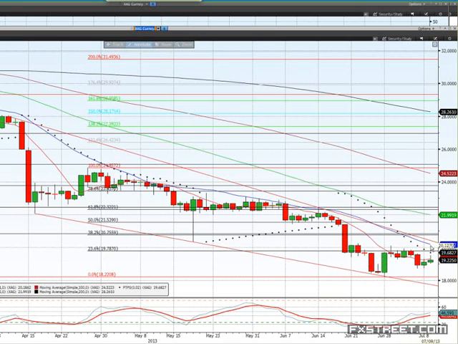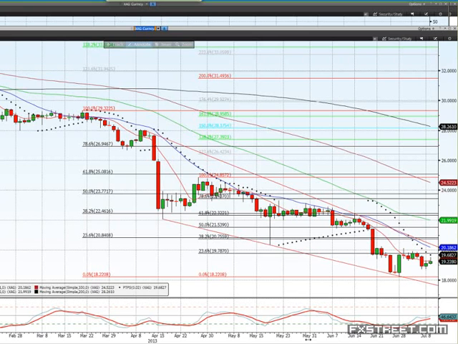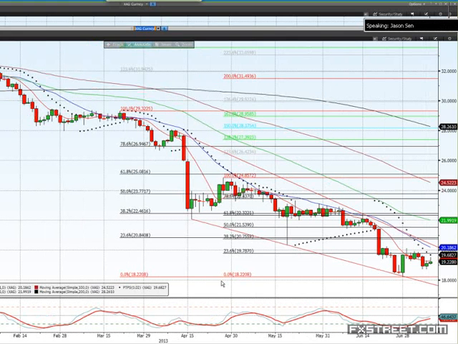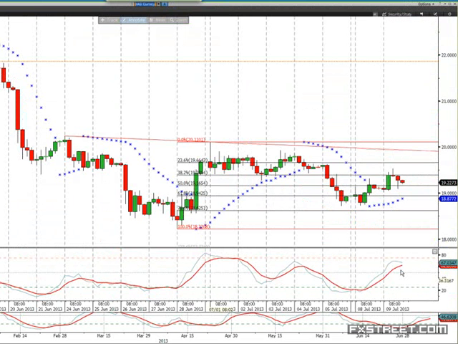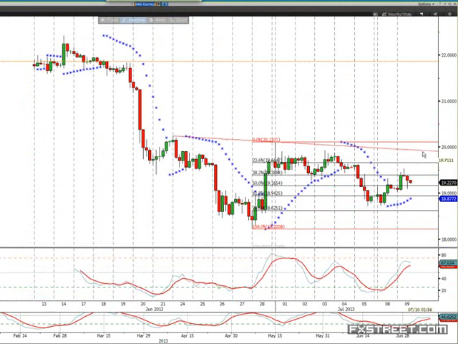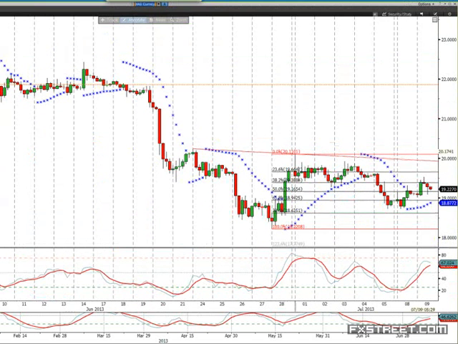And if that happens, we should at least be able to test this trend line, which I've got in here at this stage around the 2040 area. And then with a break above there, we might be able to get as far as 2075, 2085, but I wouldn't see it any higher than that. If we get that far, I'd say that's probably enough of a correction for this bounce, and the downtrend is then likely to resume. Just have a look at the 4-hour chart, see if that's telling me anything different. But it isn't really. We're getting a little bit overdone on the top side, but potentially still room for a little bit higher. So this is all kind of tying in with the dollar, gold and silver tying in with the dollar, and perhaps oil as well.